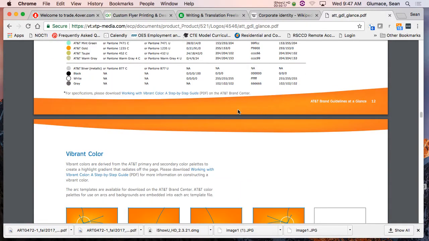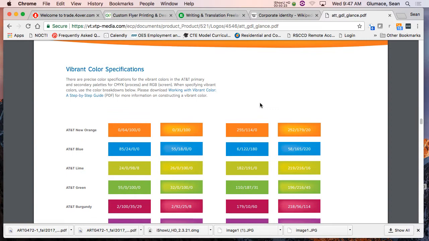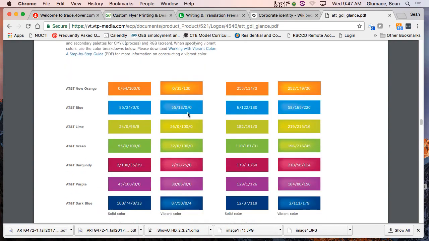And if you notice, that's what this is down here. That's that vibrant color. And then there we go. Colors. This is where I really want to get into. These are our specifications. So you got CMYK, RGB, and sometimes they'll give a hex number, which is for the web. But this is CMYK, RGB. So we have no question on what colors to use. We could type these in Illustrator or Photoshop, and we're working with the correct colors.